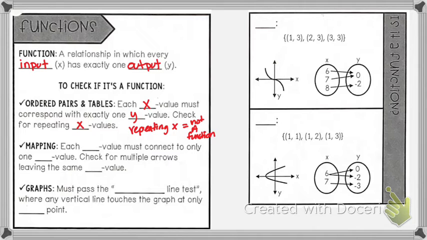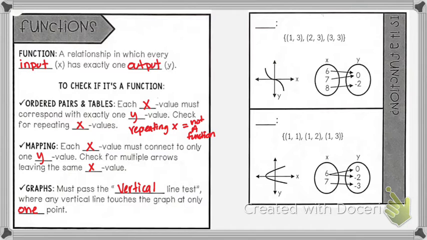Mapping. So mapping is when we have two circles and we have numbers connected to the numbers on the other circle, and we'll see an example here in a minute. So similar to ordered pairs and tables, each x value must connect to only one y value, okay, and check for multiple arrows leaving the same x value to see if it's a function or not. Okay, and then for graphs, it must pass the vertical line test,